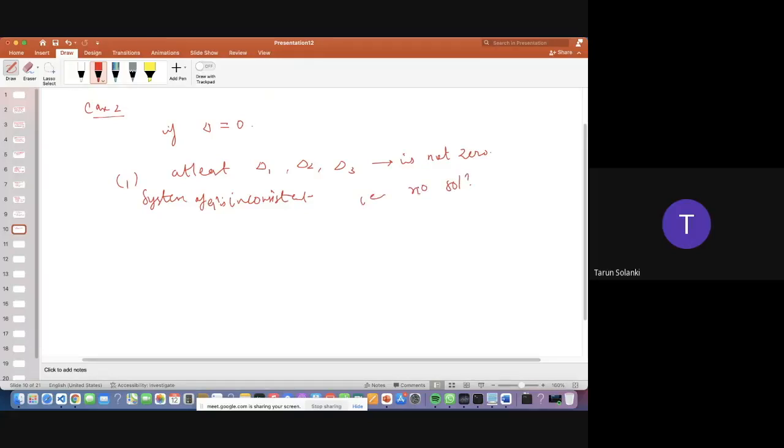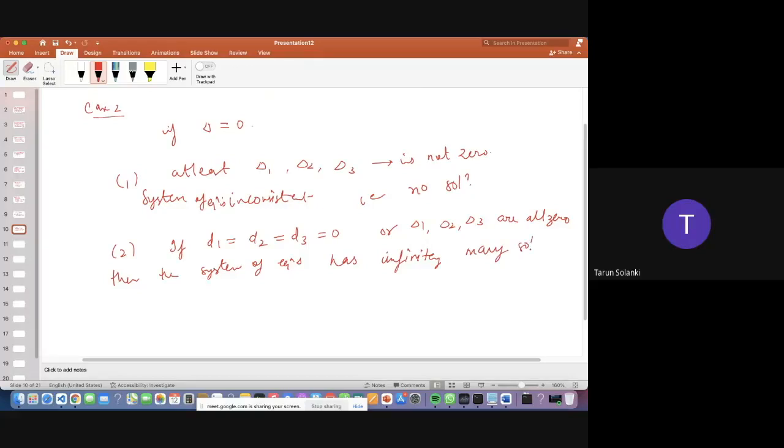no solution. And if delta 1 is equal to delta 2 is equal to delta 3 is equal to 0, that is, delta 1, delta 2, delta 3 are all 0, then the system of equations has infinitely many solutions. Okay,